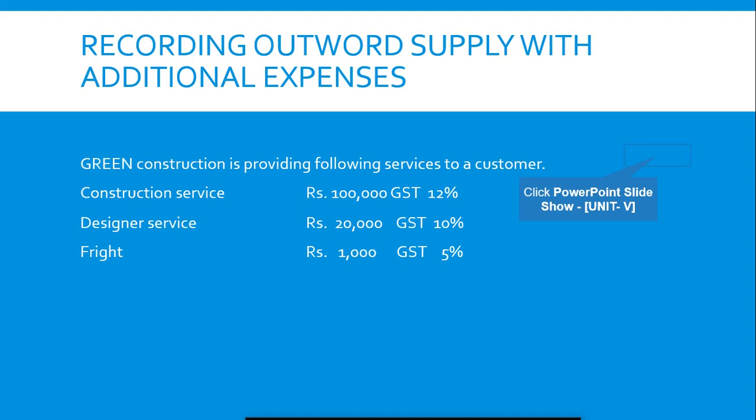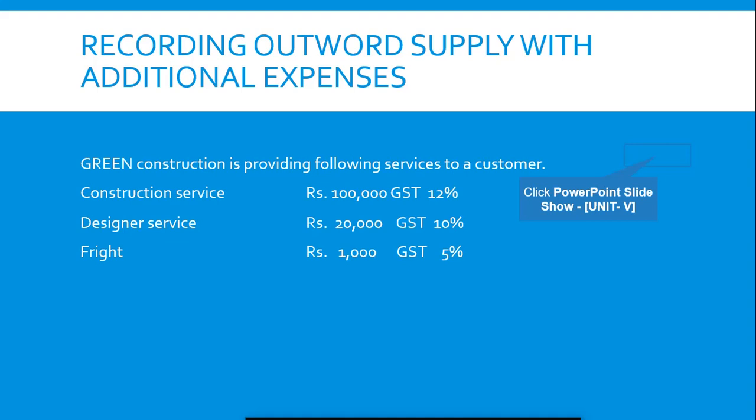You need to write in the exam how it is done in Tally, showing the steps like you did in the previous computerized accounting. So this kind of session is helpful not only for learning how the transaction is posted in Tally, but also from your examination point of view. When the question is asked, you need to describe what outward supply is and what the additional expenses are, but also show how it is posted in Tally, with a stepwise description, right? So now, how to record the additional expenses in Tally.